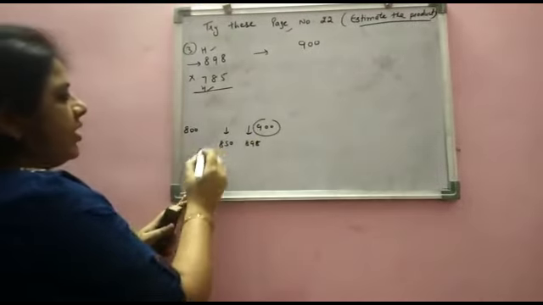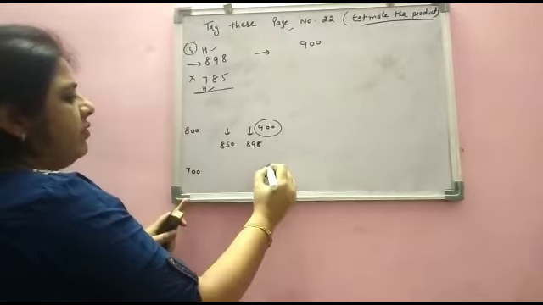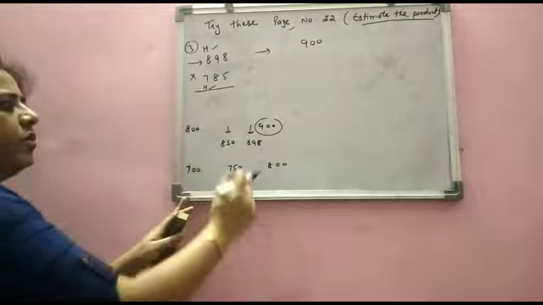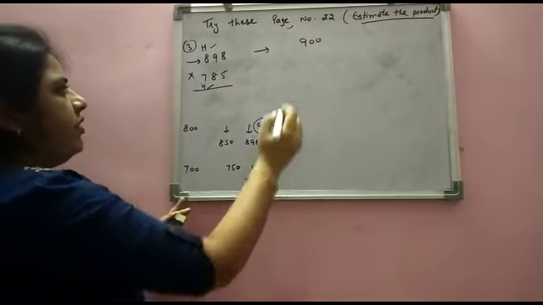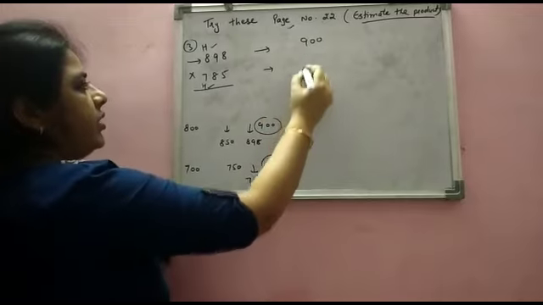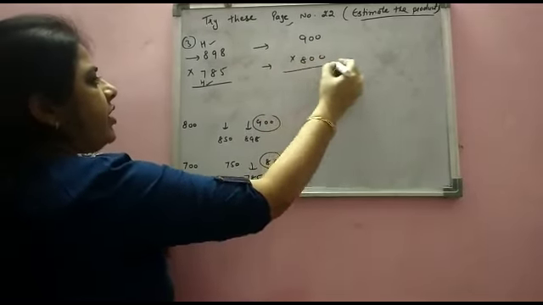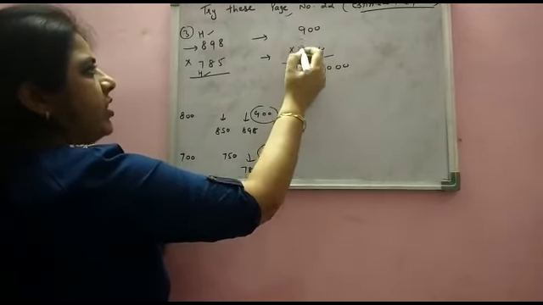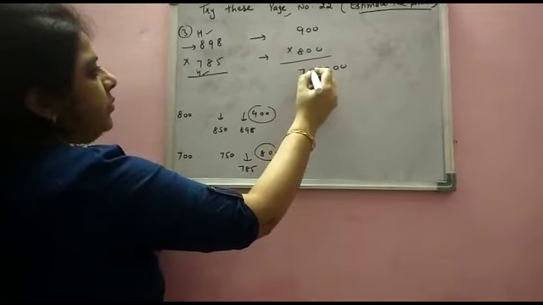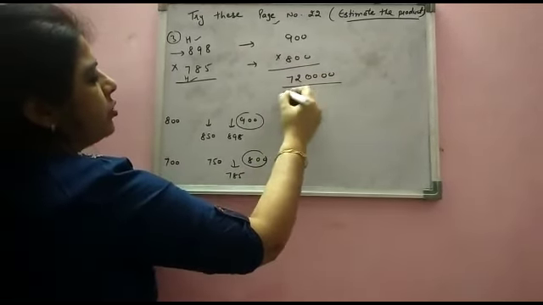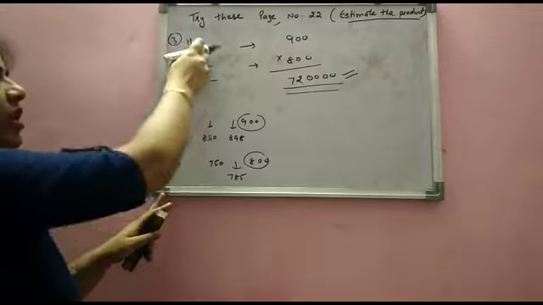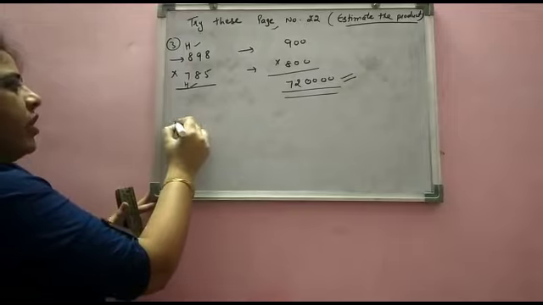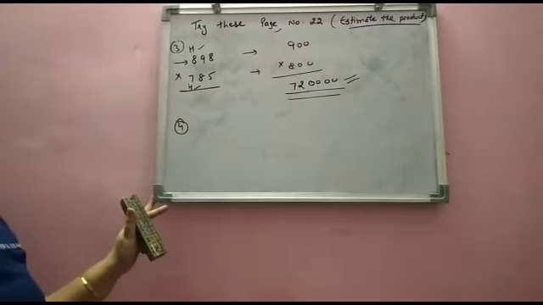In the same way, the second number lies between 700 and 800. What is the halfway? 750. It's also more than halfway. So it will be estimated to 800. Now find the product after getting the estimation. Put the zeros, 2 and 2, 4 zeros, and multiply these two. 9 8s are 72. So this is the estimated product of the given numbers. Now students, the fourth part you will do yourself and we will discuss its answer.